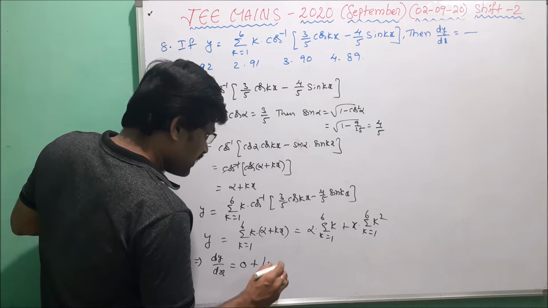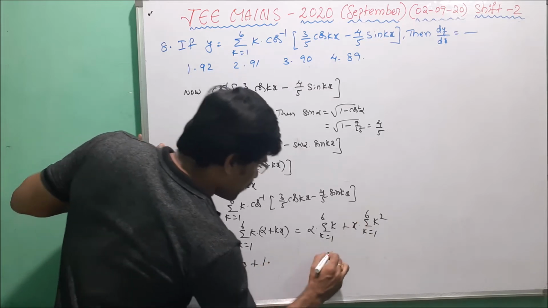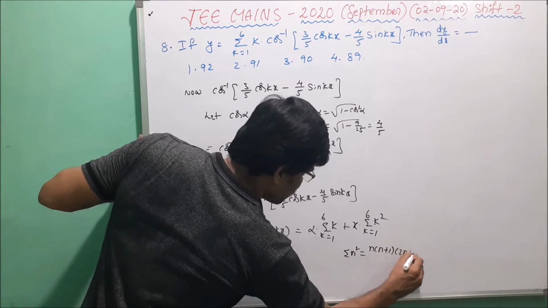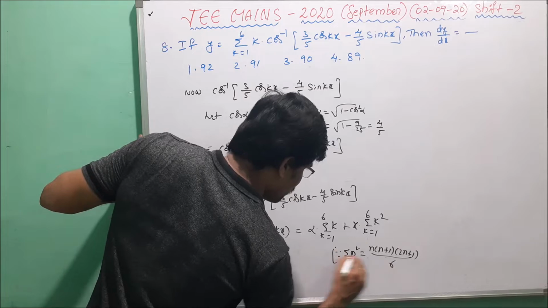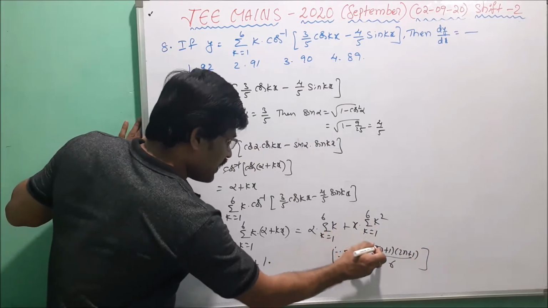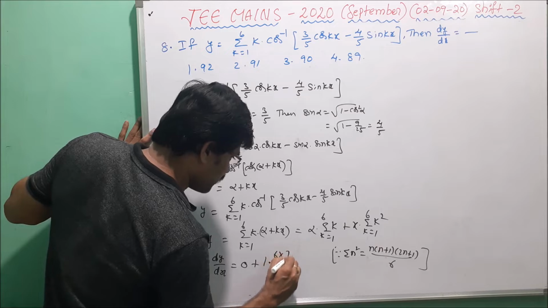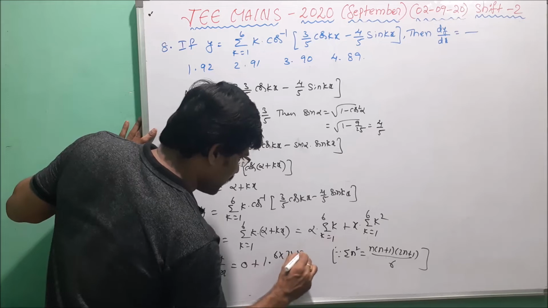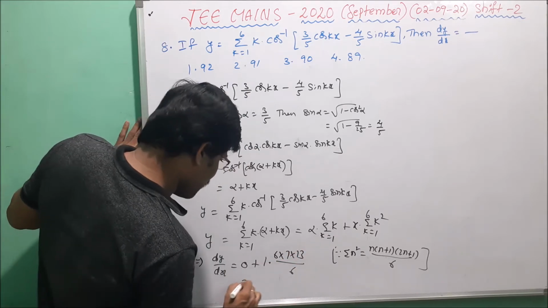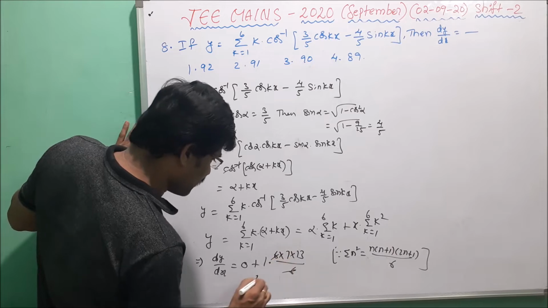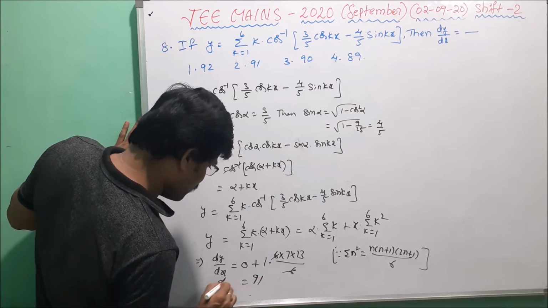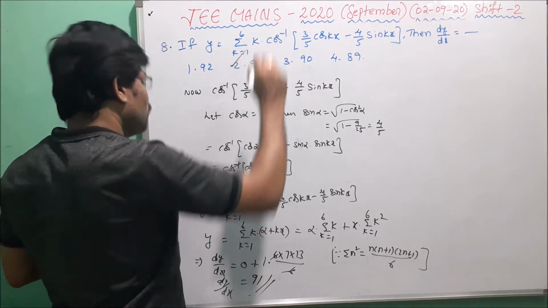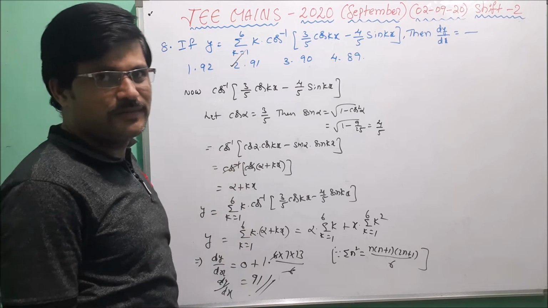That value can be simplified using the summation n square formula. Summation n square equals n into n plus 1 into 2n plus 1 by 6. So using this, we take n as 6: 6 into 6 plus 1, 7, into 2 into 6 plus 1, that is 2 sixes are 12 plus 1, 13, by 6. Now it can be simplified: 6 and 6 cancel, 13 sevens are 91. So dy by dx equals 91, which is option 2. This is the solution for this question.